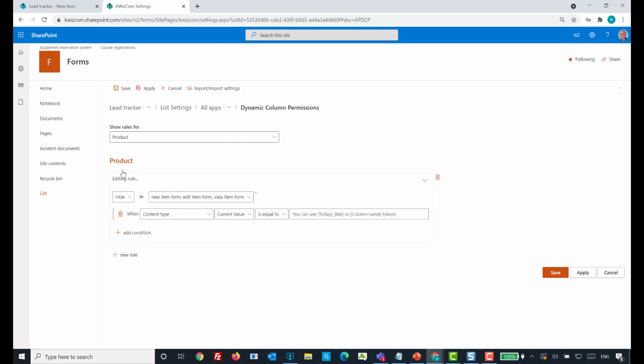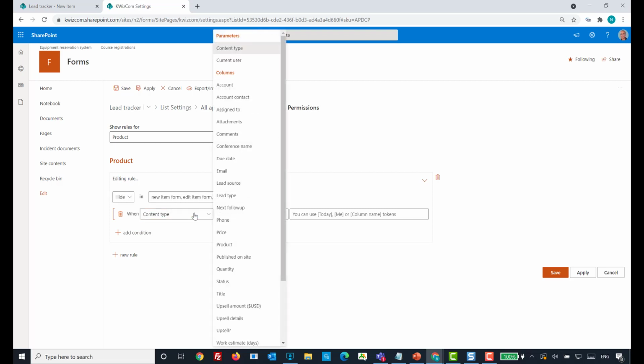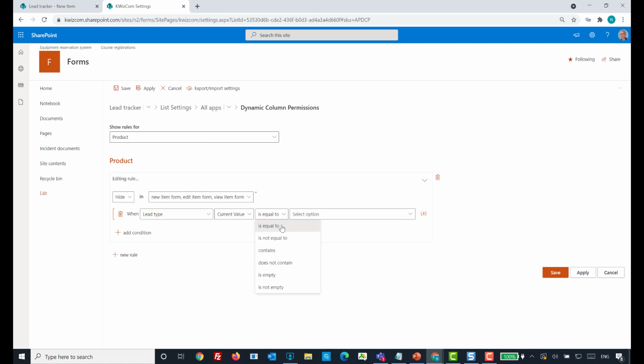So I want to hide the product field in these forms when lead type is not equal to product license. So only if it equals product license, the product field will be visible. In any other case, it will be hidden. And I want to add